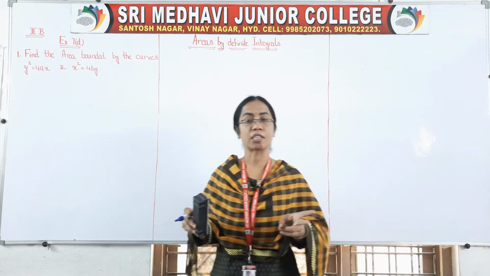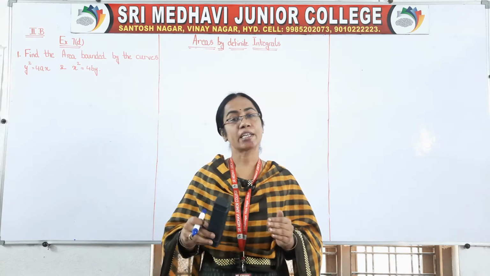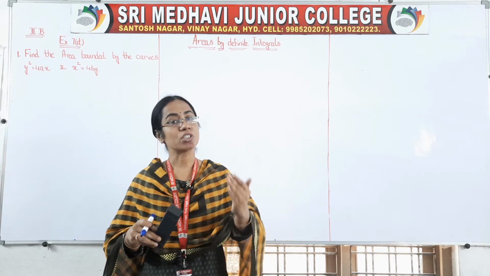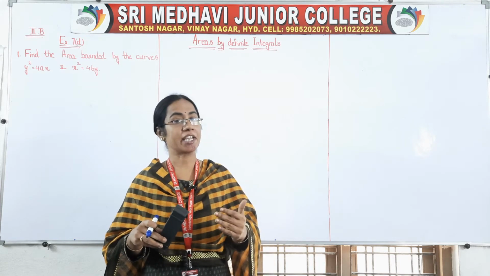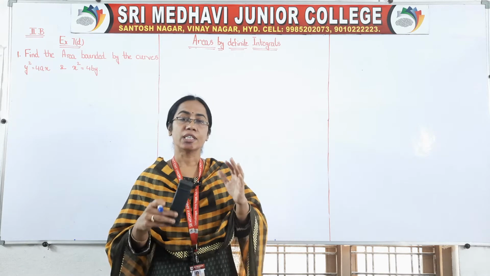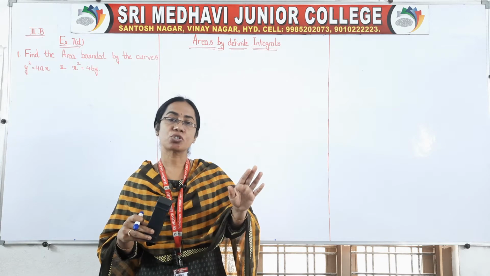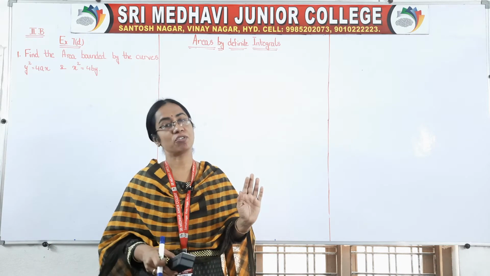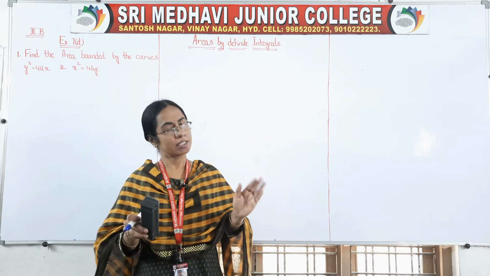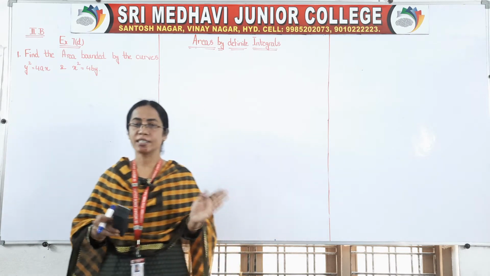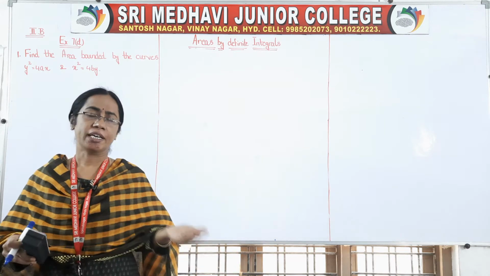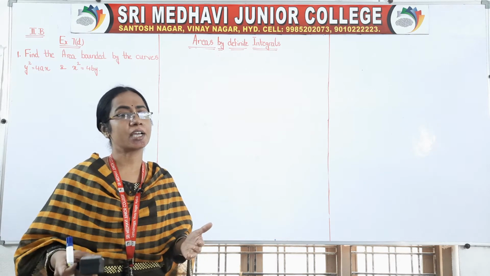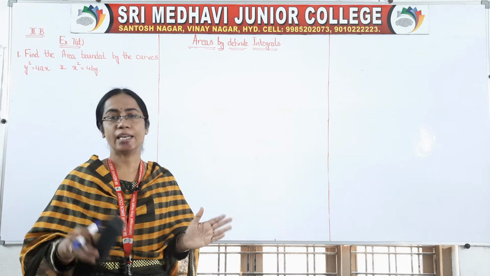Suppose two curves are there, then through the diagram we should check which curve comes upwards in the area, and which curve comes downwards in the area, right? So that curve equation should be taken first, minus the equation of the second curve, while finding the areas. These are the main things while finding the areas. Remaining is the normal integration method, right? First we have to integrate while finding the area, then we have to apply the limits.